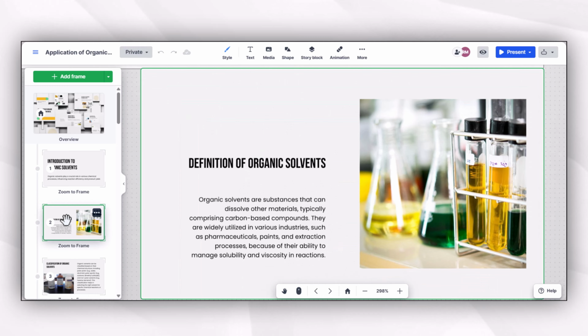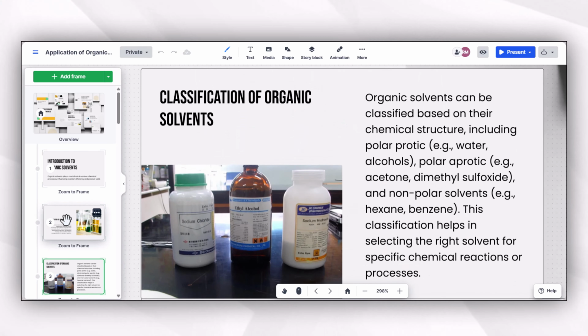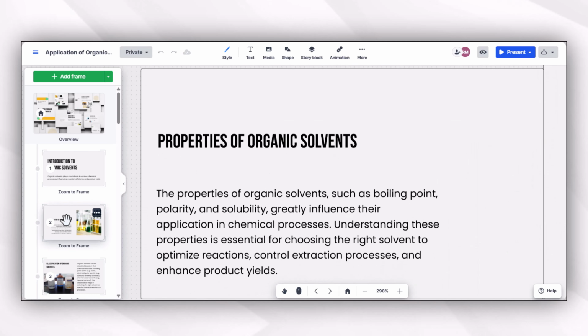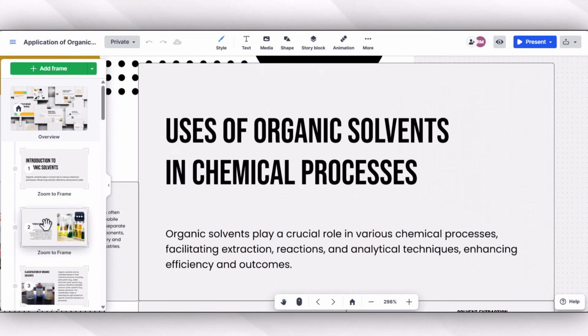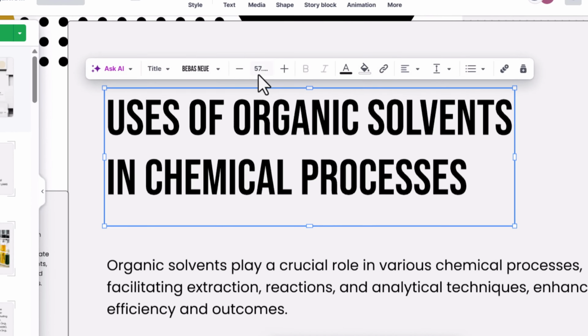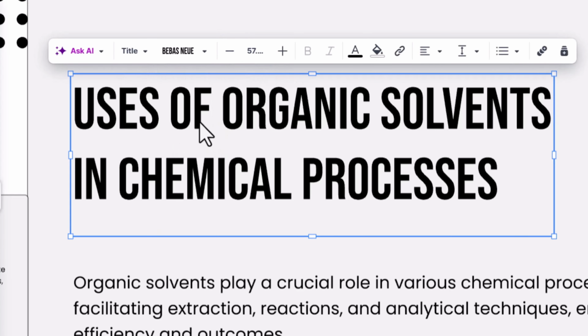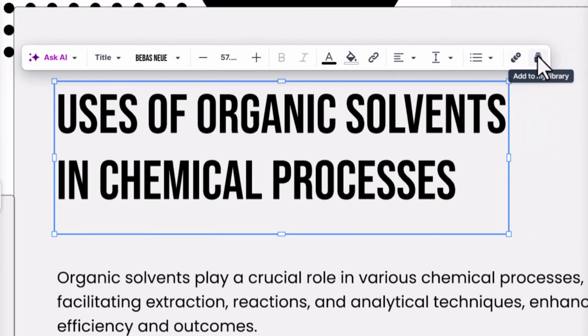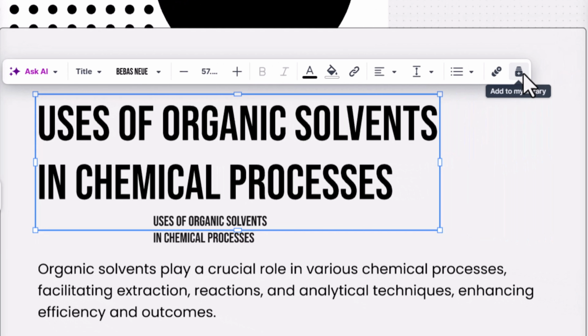This is the definition of the organic solvents. This is the classification of organic solvents and properties of organic solvents. Now at this point I can change the style of text. I can definitely change the size of text, color, and can do any kind of customization regarding animations, and